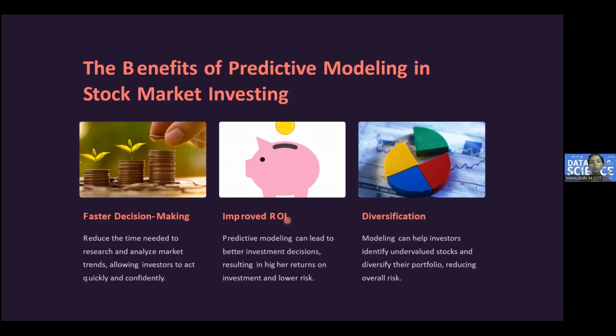and then followed by the improved ROI. That is, we will be able to make better investment decisions so that we will not get any loss in our investments. In order to gain only profits and without any loss, we will be able to gain more profits, right? So by predicting the future stock market, we will be able to gain more profits. At this point, stock market predictive modeling plays a very important and key role,